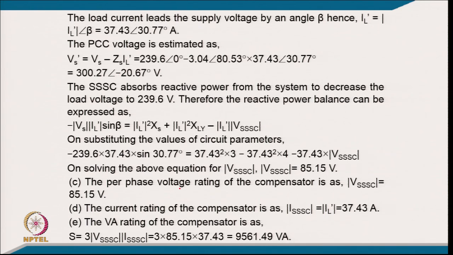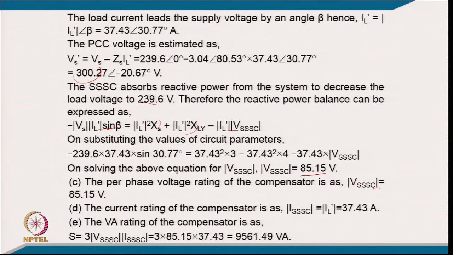So, this is a much higher voltage, and SSC absorbs the reactive power to decrease the voltage to 239.6 from 300, and therefore, reactive power can be expressed from reactive power balance. So, this is the reactive power at the source side, the reactive power consumed by the source impedance, the reactive power consumed by the load, and minus the reactive power injected by the compensator. So, substituting the value we get the series compensator voltage equal to 85.15 volt, and per phase voltage rating of